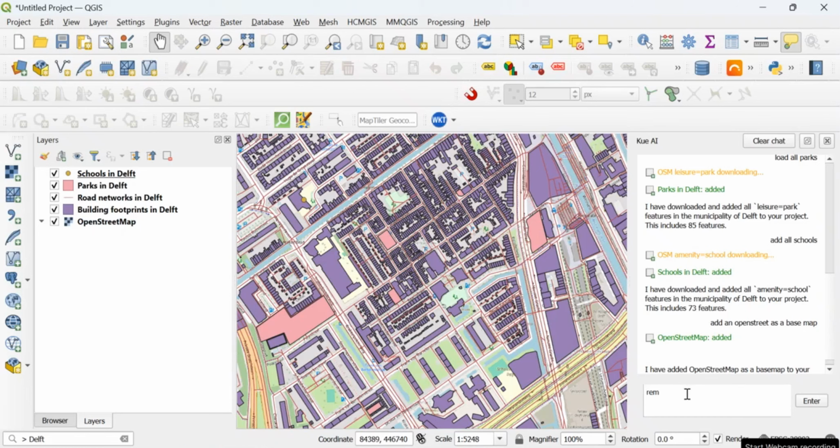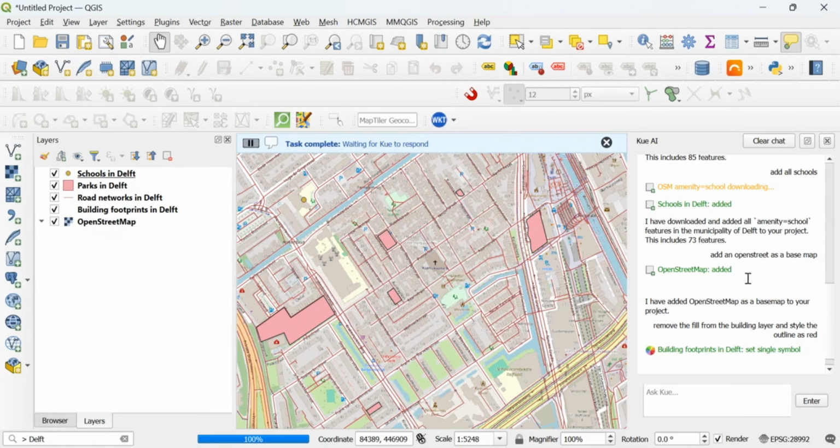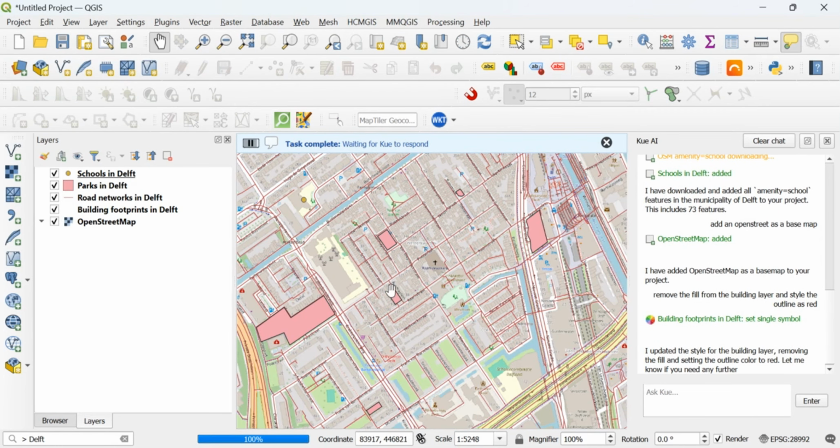We will try to say remove the fill from the building layer and style the outline as red. Let's see. So like I said, sometimes it does understand this.